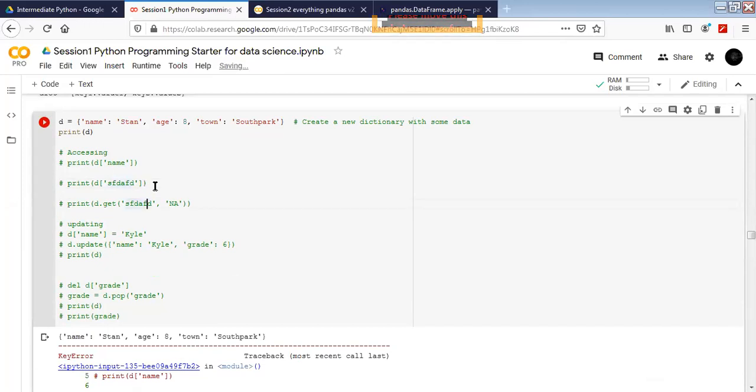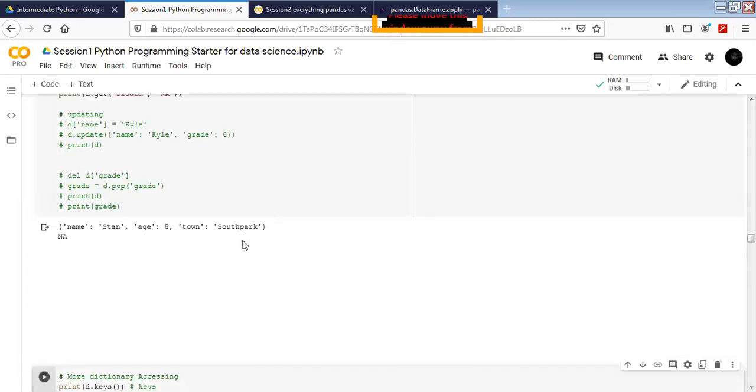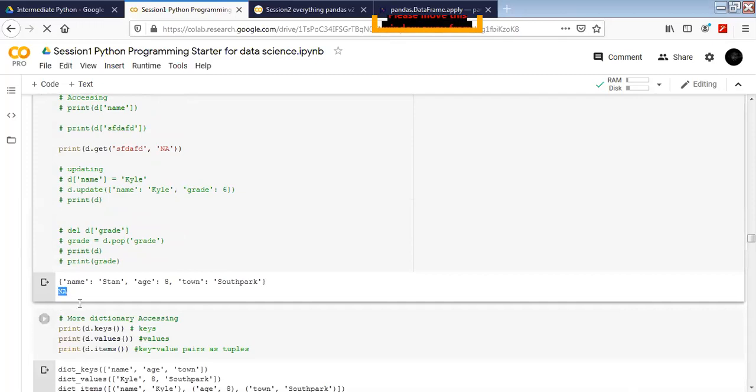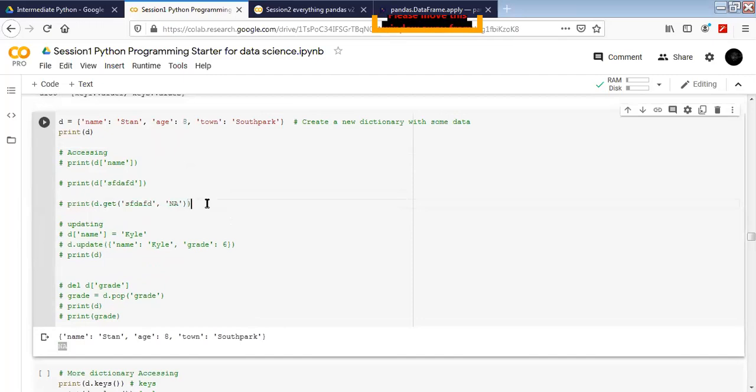So what we can do there is utilize the function called .get. What .get does is: find this thing for me at this key, find if it exists or not. If it doesn't exist, return me NA, but don't break the program for me, don't throw any error. So I'm going to get NA if that key doesn't exist. This second argument I have passed is NA, but you can pass anything here.